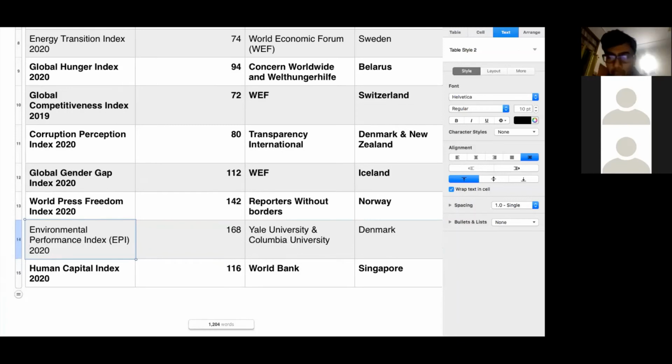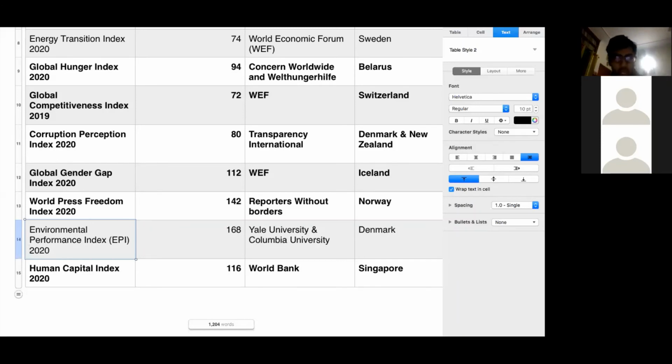Two of the top universities in the world, Yale University and Columbia University, both based in the US, together have a dedicated research center on environment, and they have a dedicated team of scientists and researchers who are from outside, as well as some of them professors of these universities. They have come together, and every 2 years they release this Environmental Performance Index. They have a dedicated website also, so you can just search on Google and go to this index.